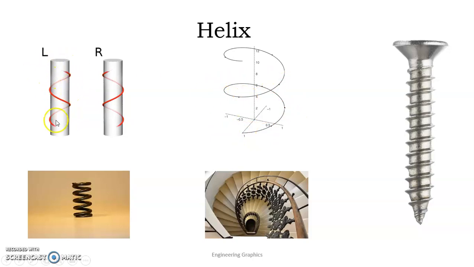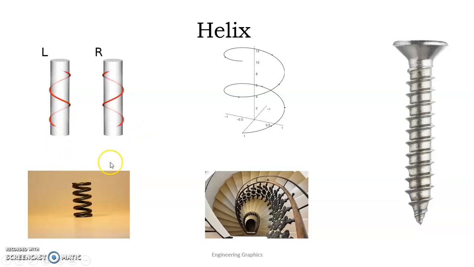Now seeing figure 1, this figure shows how it is wound around the cylinder. You can see that the front portion of the helix is shown as a dark line, and the portion of the helix which is lying behind the cylinder is shown as a light faint line. So the portion lying in front of the cylinder will be seen as a dark line, whereas the portion of the helix lying behind the cylinder is seen as a hidden line. We have to take care of that while drawing a helix.